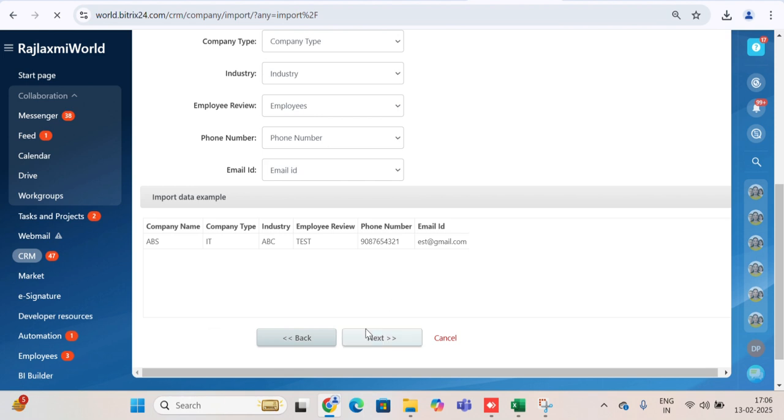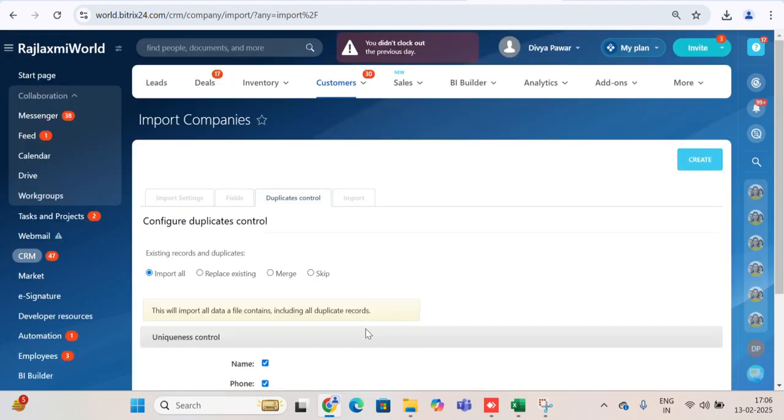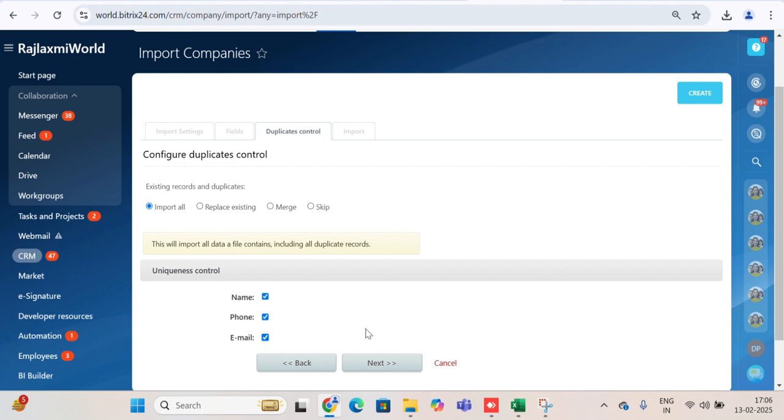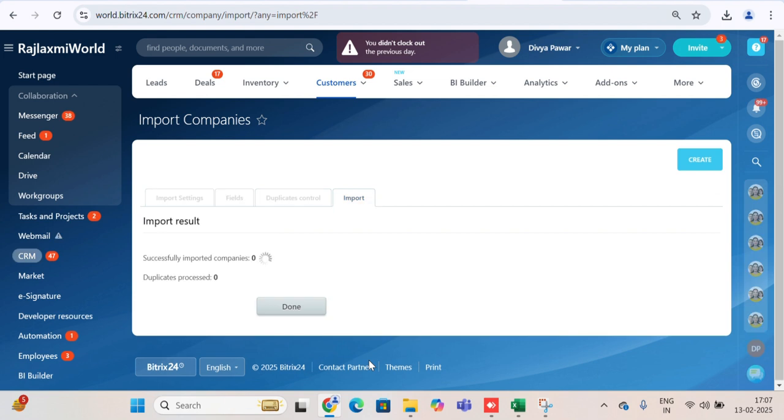By clicking on next, you will be able to select the options, that is import all companies, replace the existing, merge or skip. You just need to click on import all, and when you click on set, here you will see